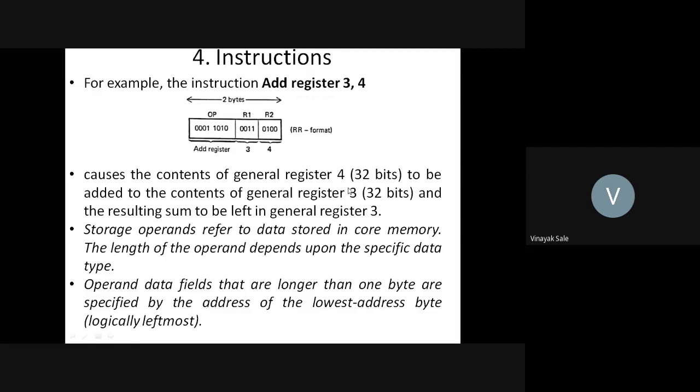In microprocessors, you have seen an example like this: move register. You have seen instructions like move AH, 32 or whatever the value, then move BH, 32, add AH, BH, then the value of the addition, that is AH plus BH, is stored in AH. Similarly, here the value of R1 plus R2 is stored in R1.